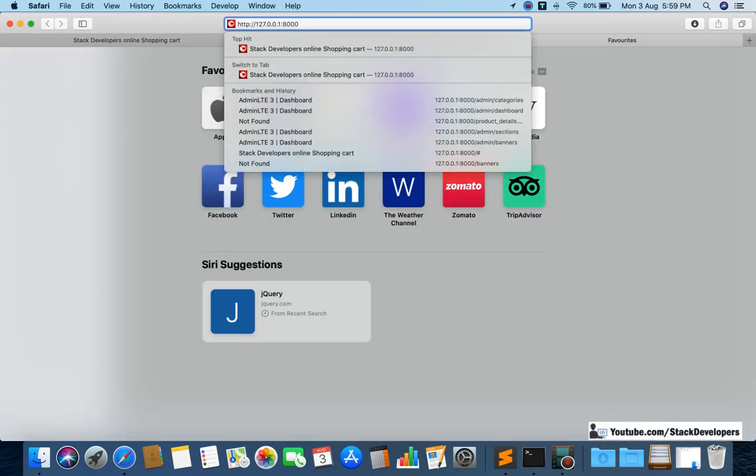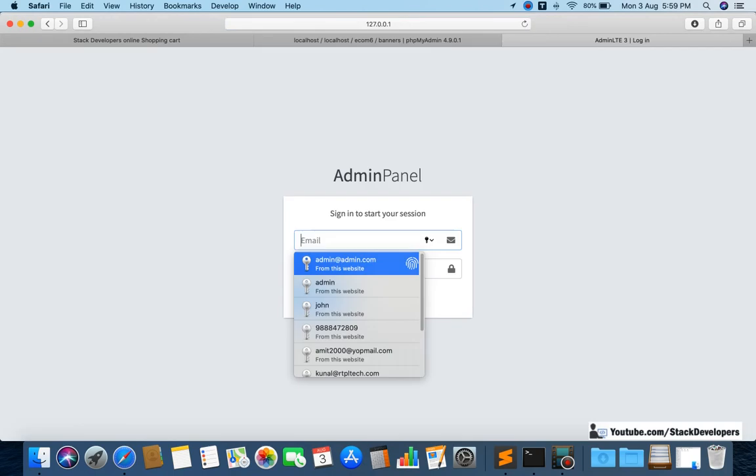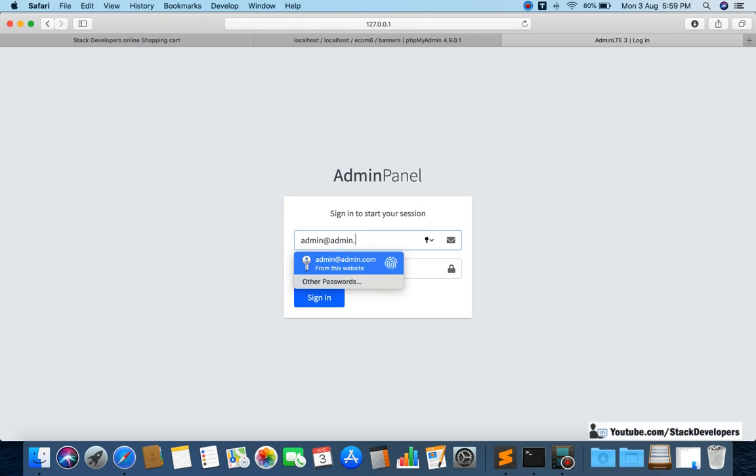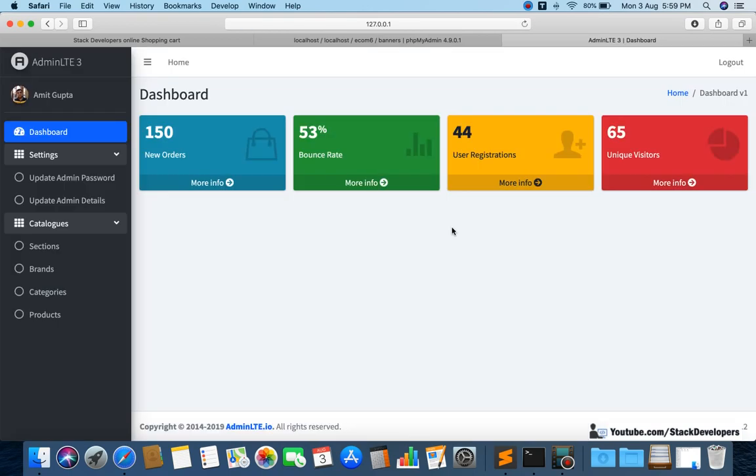Okay, so I'm going to open the admin panel. We are going to work on the admin panel once again. Like I have told you earlier, we will continue working on the admin panel side by side. We have started working on the front end, but it does not mean that we are not required to work on the admin panel. We require to work on the admin panel side by side, and also we keep updating. If we find any issue anytime, we are going to update that. So be ready for that.